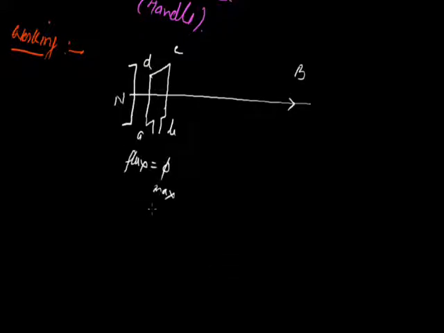With the help of this handle, when the coil is rotated by an angle of 90 degrees, it becomes like this. This one is A, this one is B, this one is C and D. At this time phi will be 0, because the angle between the plane of the coil and the magnetic field is 0 degrees. So the flux passing through this will be 0.